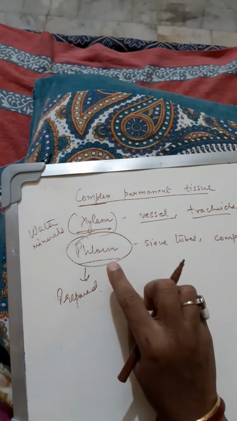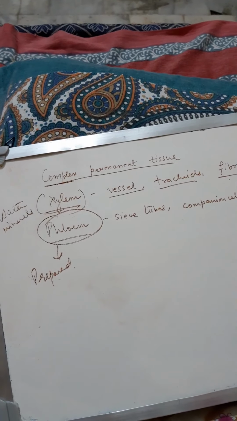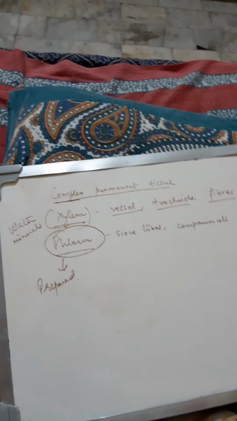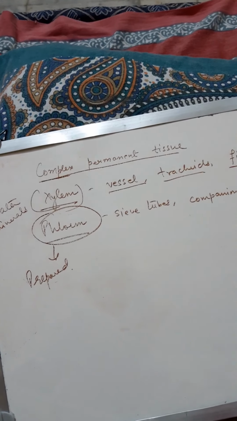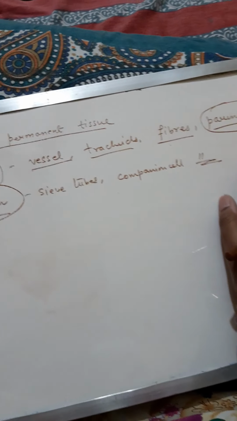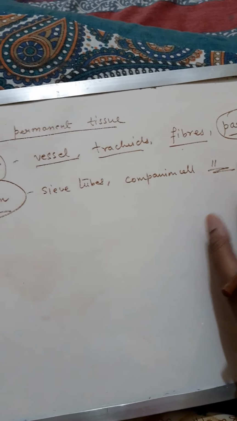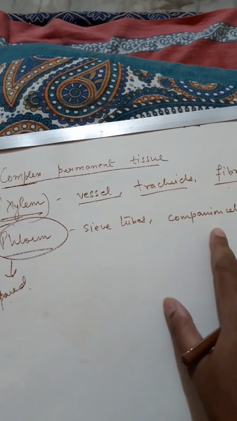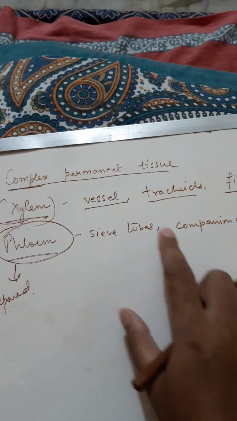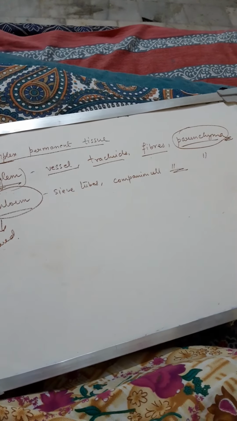Now we come to the phloem. Phloem is carrying your prepared food. Same kind of pipeline system is over there. Sieve tubes, companion cells, fibers and parenchyma. Parenchyma is doing the same job, that it is storing the things. Fibers are doing the same job, that is mechanical strength. Sieve tubes and companion cells have taken the place of vessels and tracheids, that is, they are actually responsible for carrying food to all parts of the plant.